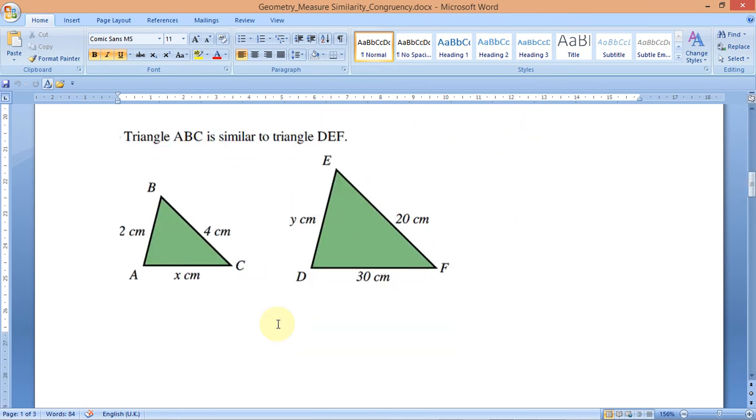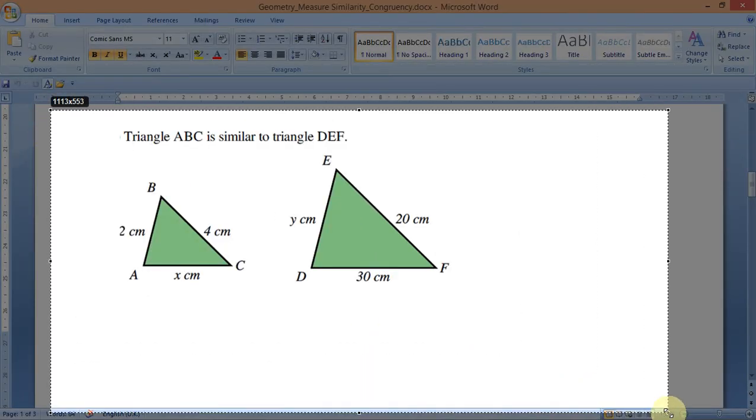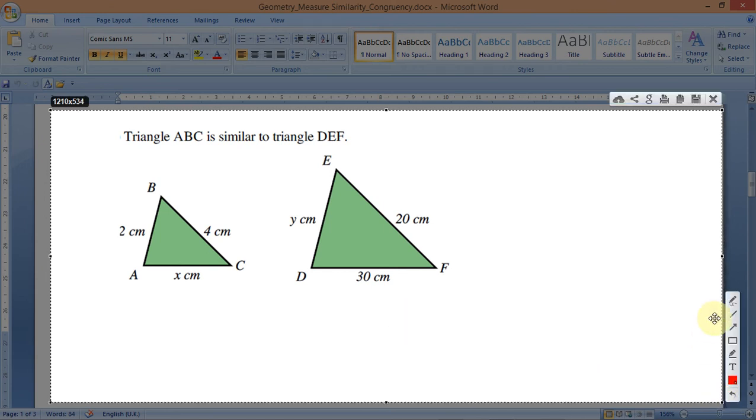So triangle, let me use my pen now. Triangle ABC is similar to triangle DEF. And we have to find parameter x. So what is this side here? Since these two are similar, what are we to do now? In similarity, this is what you do. The scale factor,